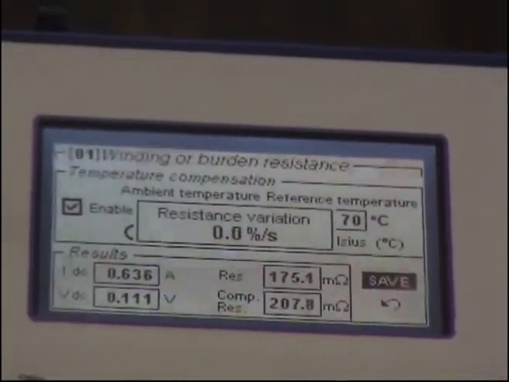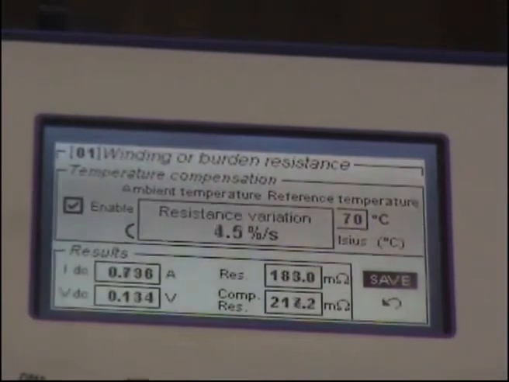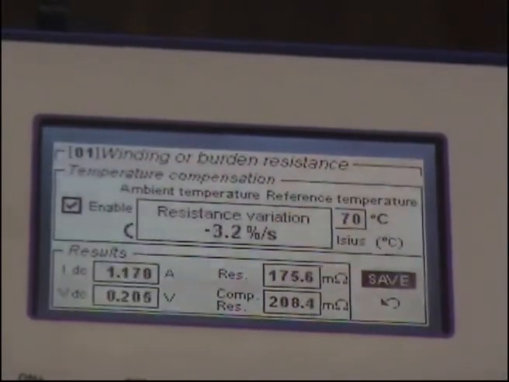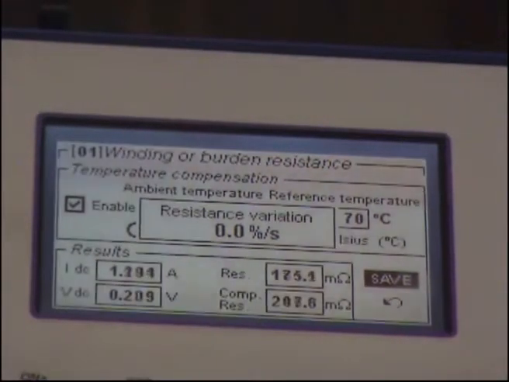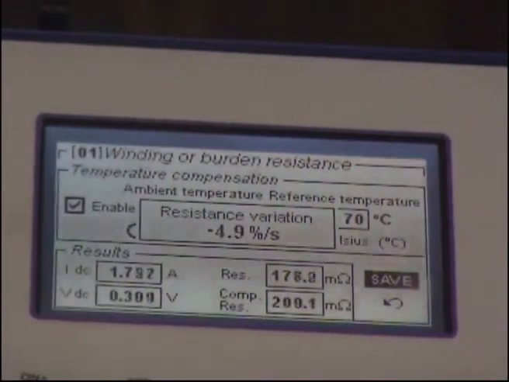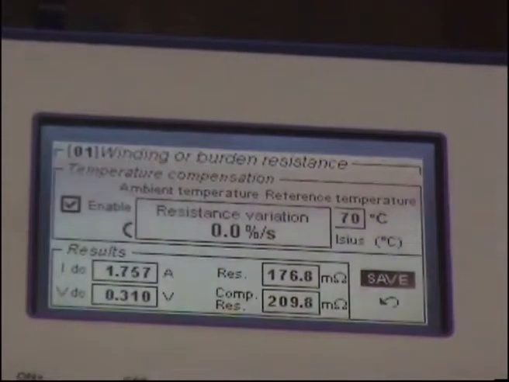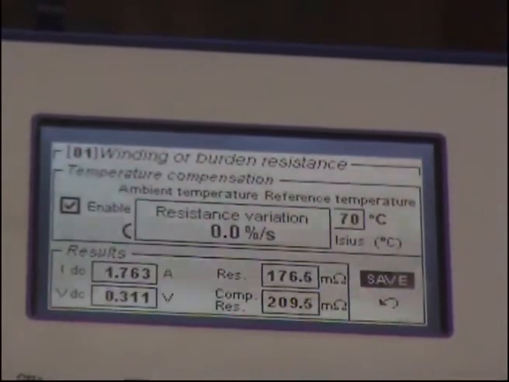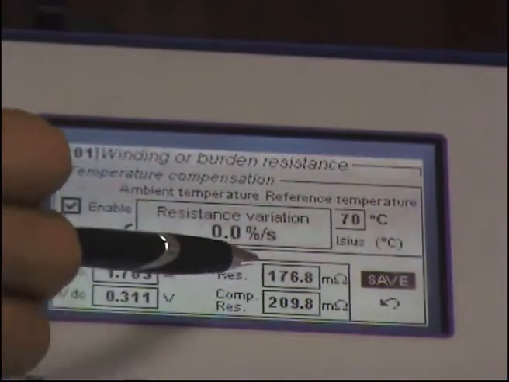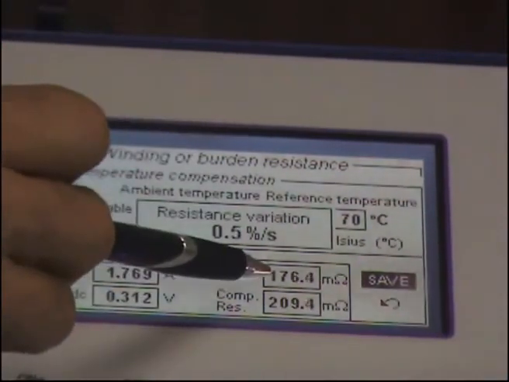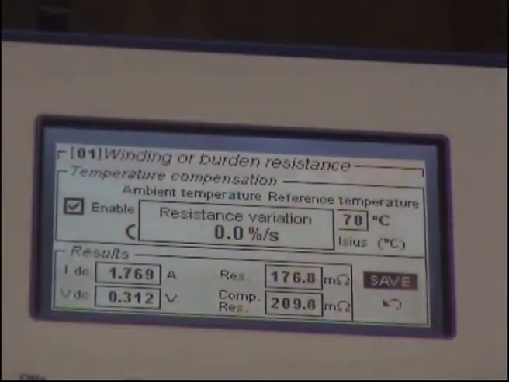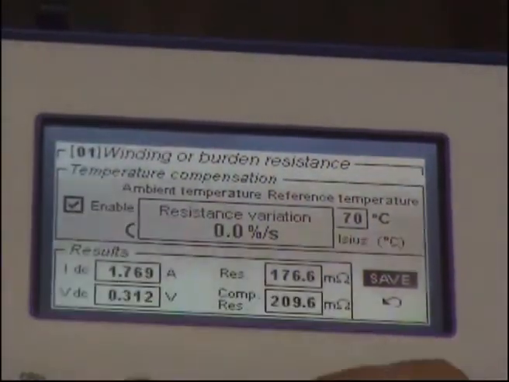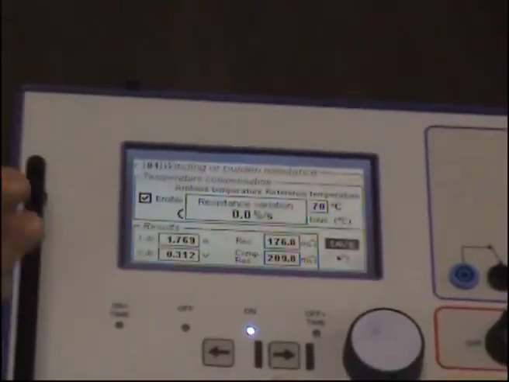But at some moment, you can see that even if I keep on increasing my test current, the resistance here doesn't change anymore. And you see that the resistance at my temperature now is 176. The resistance at 70 degrees would be 209. Okay? Now I can save and I repeat,